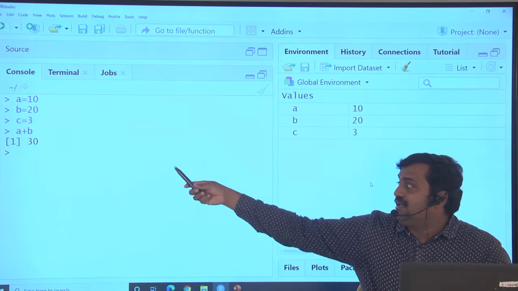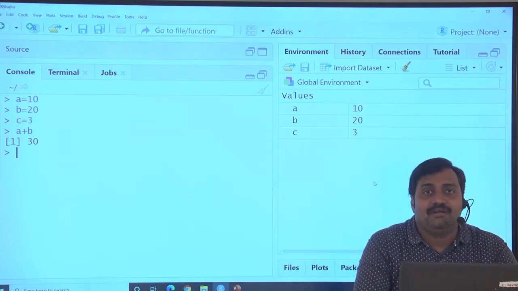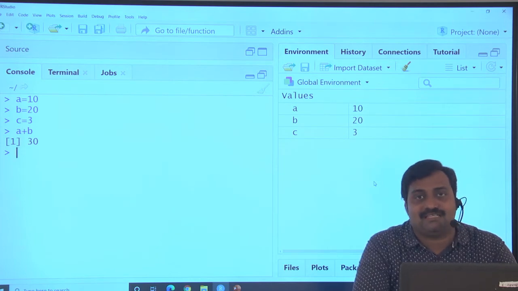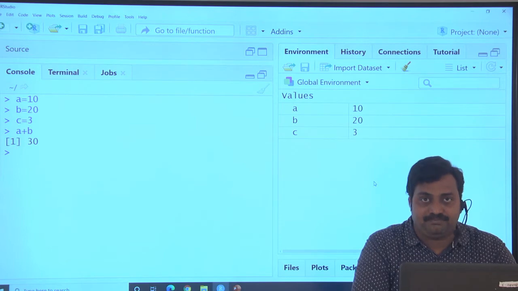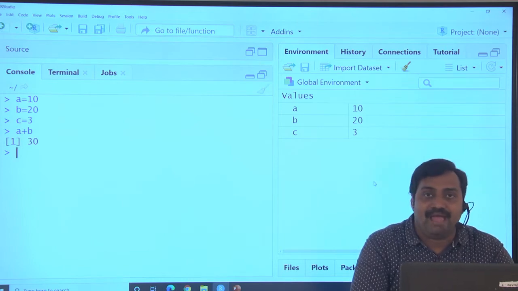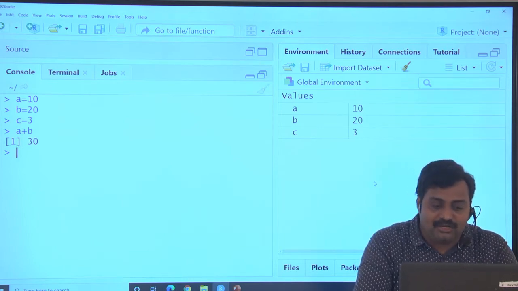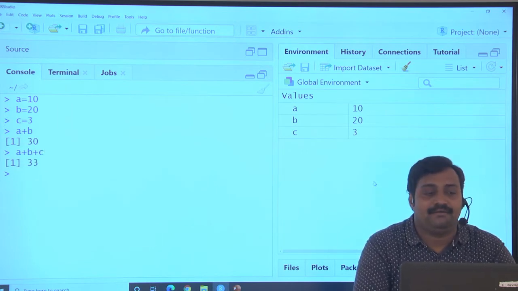Unlike other languages, we don't require any special notations or syntaxes. Simply we can add two objects of the same type. Both a and b are numeric class, that's why we can add. You can also do a plus b plus c, all are added.